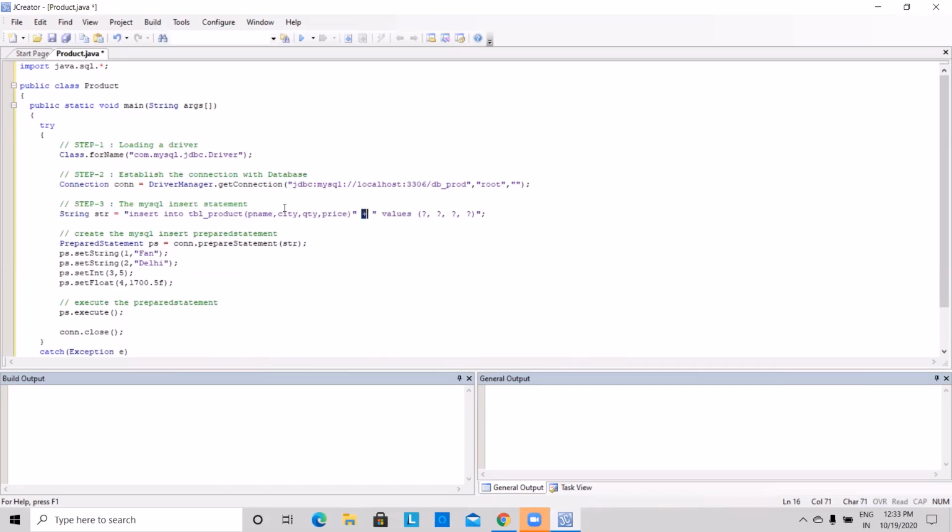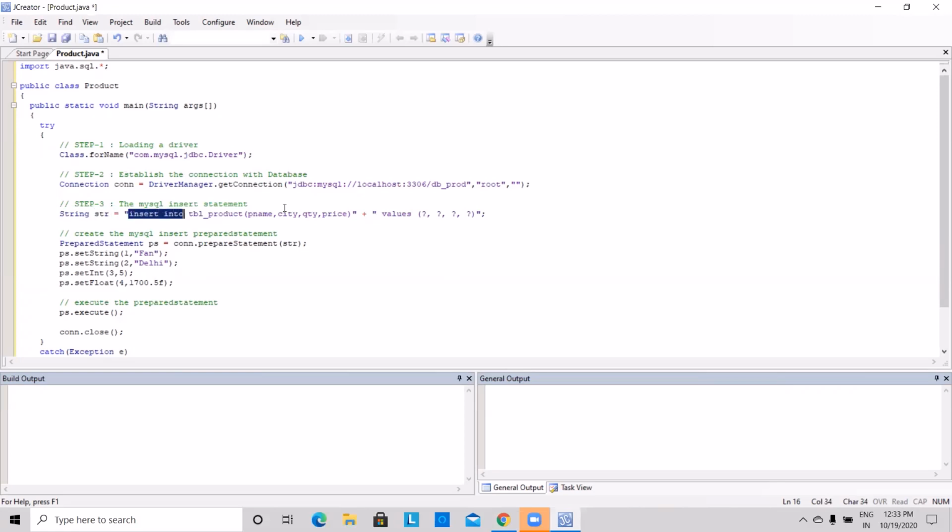Here I am using plus as a concatenation operator, and here I need to send the values. I need to send 4 values: first as a product name, second as a city, third as a quantity, fourth as a price. I will explain this step once again. This is a string, my string type of query str.